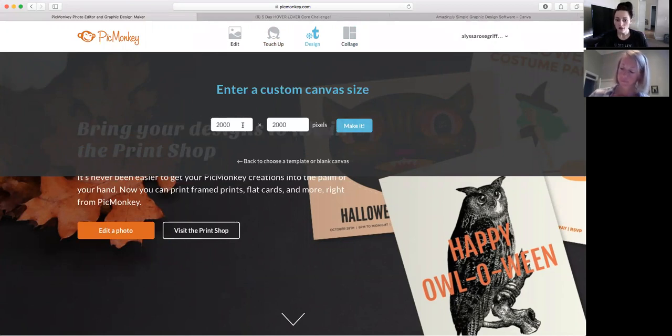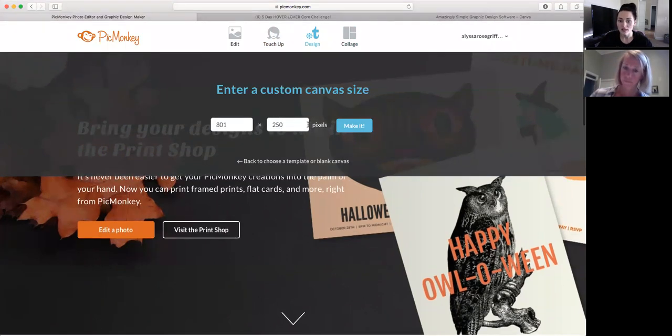And if it's for a group, if you have a notepad, you might want to write this down. You're going to want to go 801 by 250 on your dimensions for your pixels, okay? This is gonna create the correct size for Facebook, for a Facebook group only. So the cover photo sizes change for an event page, a group, and your main page, but this is the